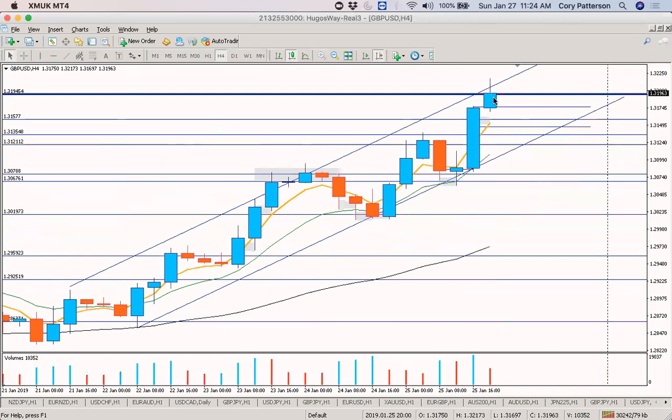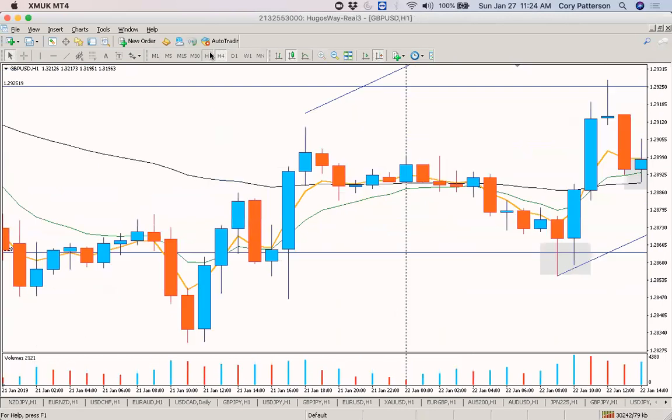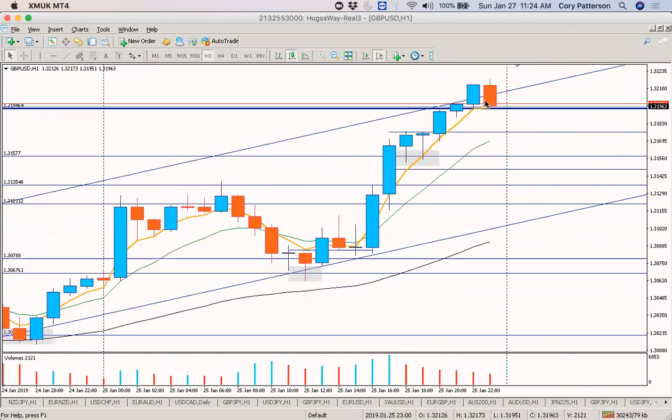You can see the rejection on the 4 hour. You can definitely see it on the 1 hour. And you can see that price came down once it got to that point. And then you would really be looking to take a sell at that point. Another reason why you look to take a sell at this point is because we have had